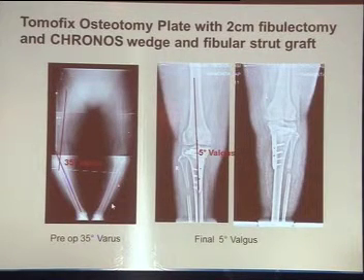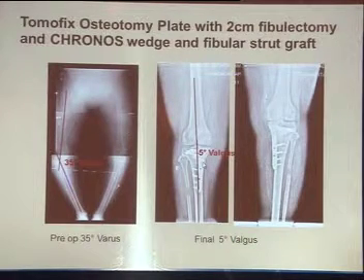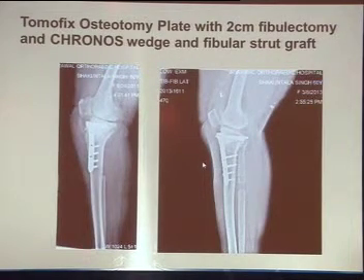She had a 35 degree varus on both knee joints. What we have done is the osteotomy. We made a parapatellar incision, opened it, did the open wedge and put in the Chronos graft. We found that the usual cause of failure is that these patients have a flexion deformity. So we took 1.5 centimeter of fibula from here and put it on the posterior side of the